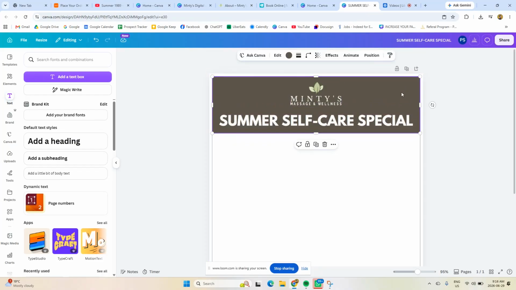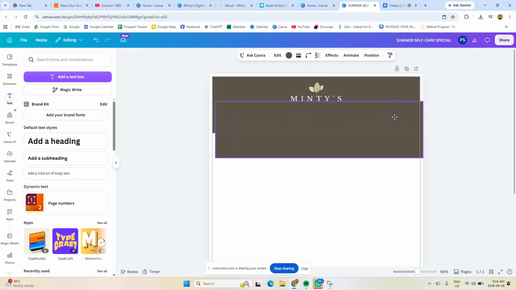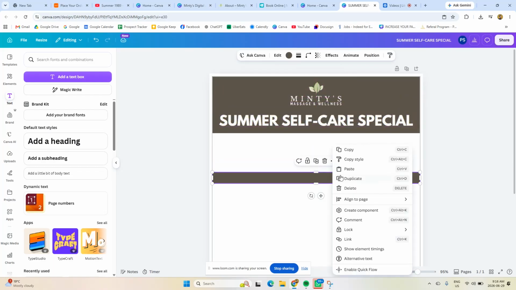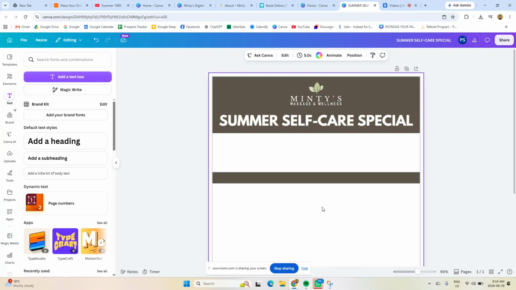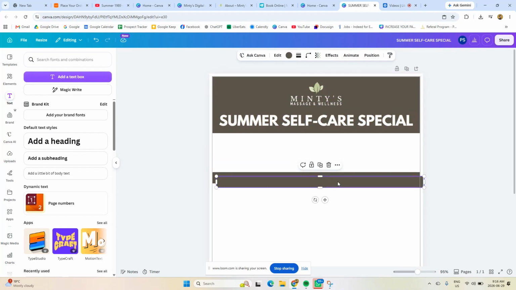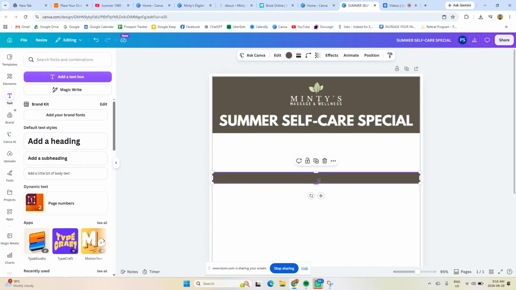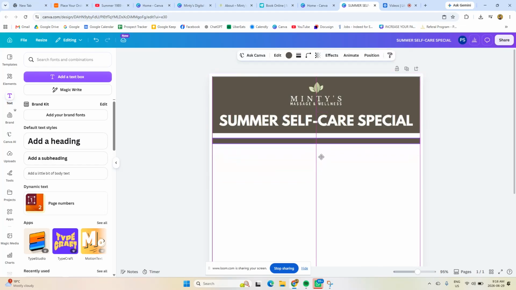Now let's add some depth to the document. So I've copied this block. And again, you can right click, right? If you want to copy it, you just click copy and click somewhere else and click paste. You'll get another one. Or you can do the shortcut keys. I like to add a little depth because it helps me work. So we've got the header. Now let's add a bar. Then let's add another bar to